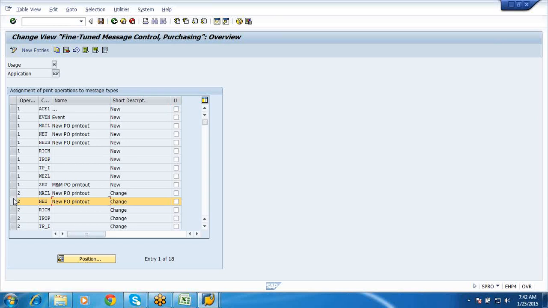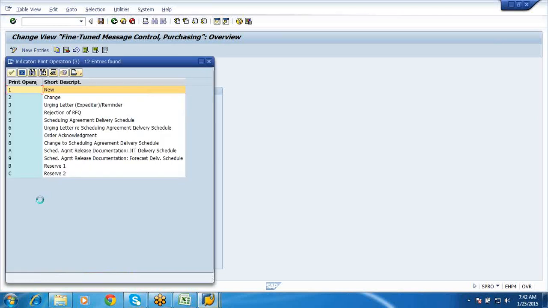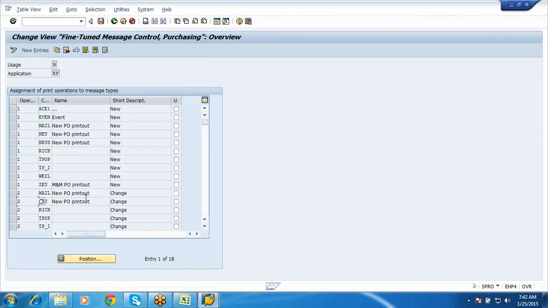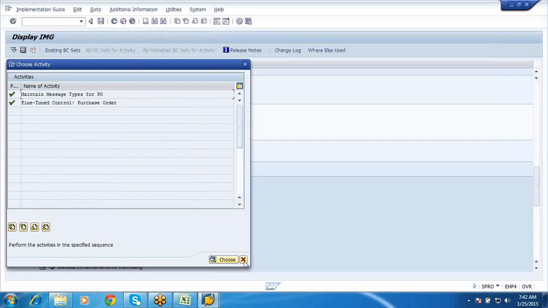But when you make a change, if you want to trigger the same one or a new output, then you can define this. For a change, you can give a different output so that you can notice that this is a changed printout. There are some changes in the system. So this is about the message type.